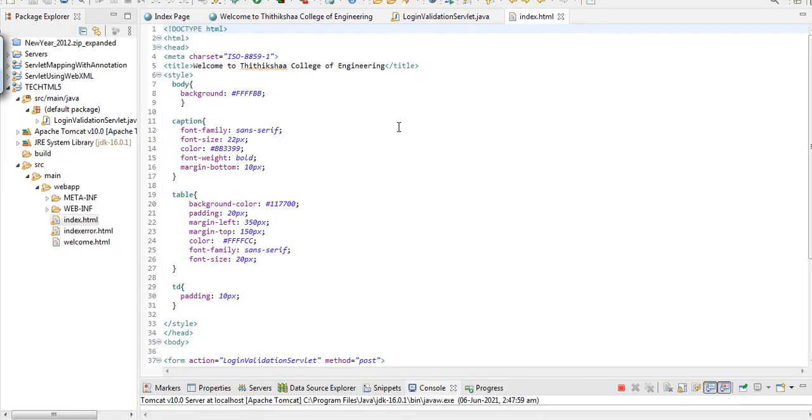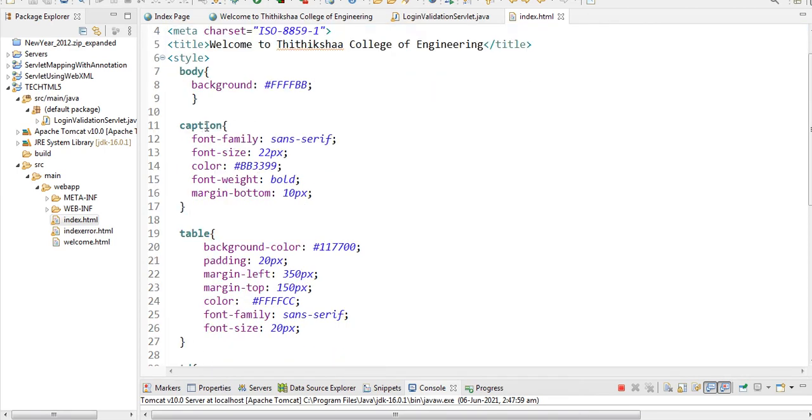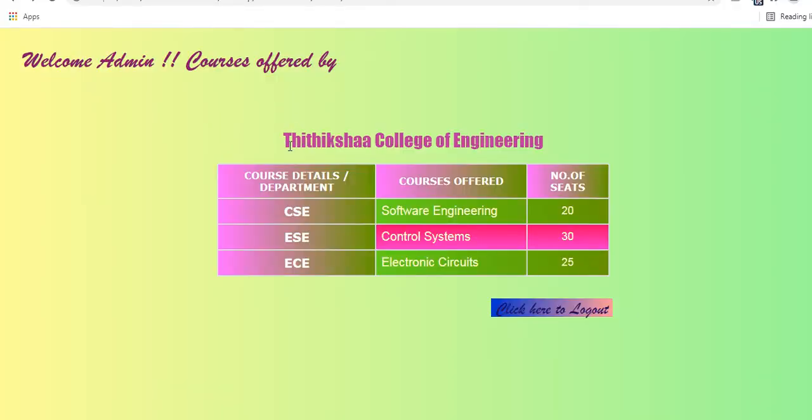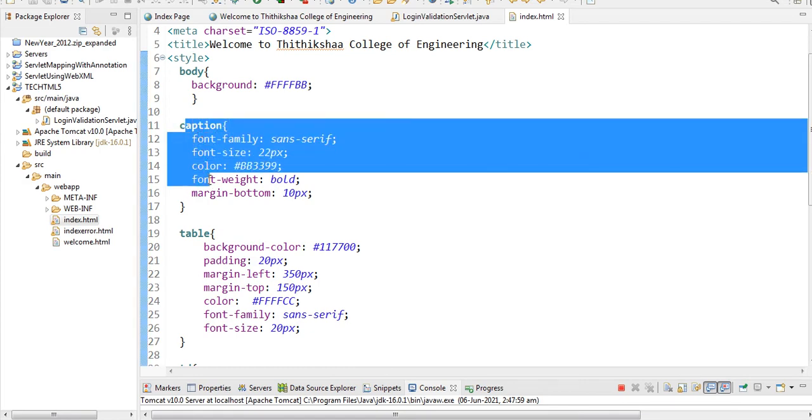See, this is what I have written. It's not easy to understand for the time being. I told you, I have used a caption. Here I didn't use a table head, not t head. I used a caption because it doesn't come inside the table. For caption I have given some stylings.